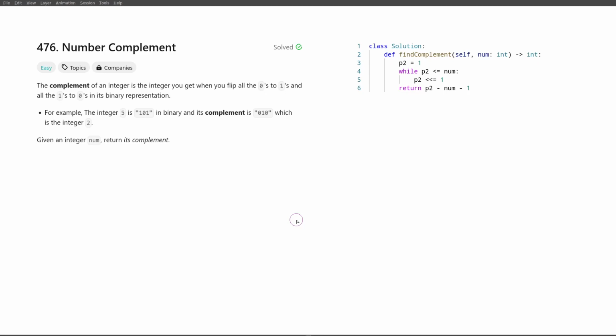Hello everyone, today we'll talk about the solution to the problem Number Complement. It's a nice, easy problem compared to yesterday's hard DP. We have to take the number and disregard its leading zeros, just flip all the ones to zeros and zeros